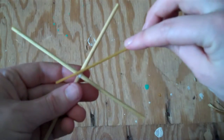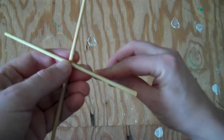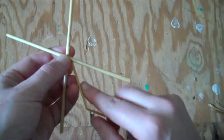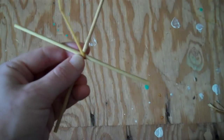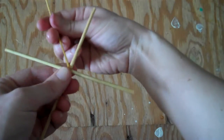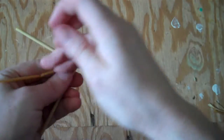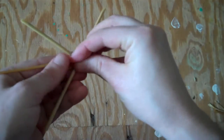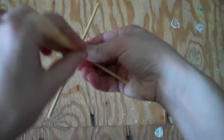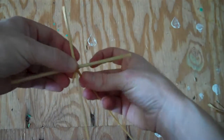So you start by taking a straw and laying it across the X. You'll bring that down around the right hand side of the X and then bring it back up and lay it across the other way. Then you'll bring it down around this one and lay it across. And then you'll bring it down around this one and lay it across. And then down around that one